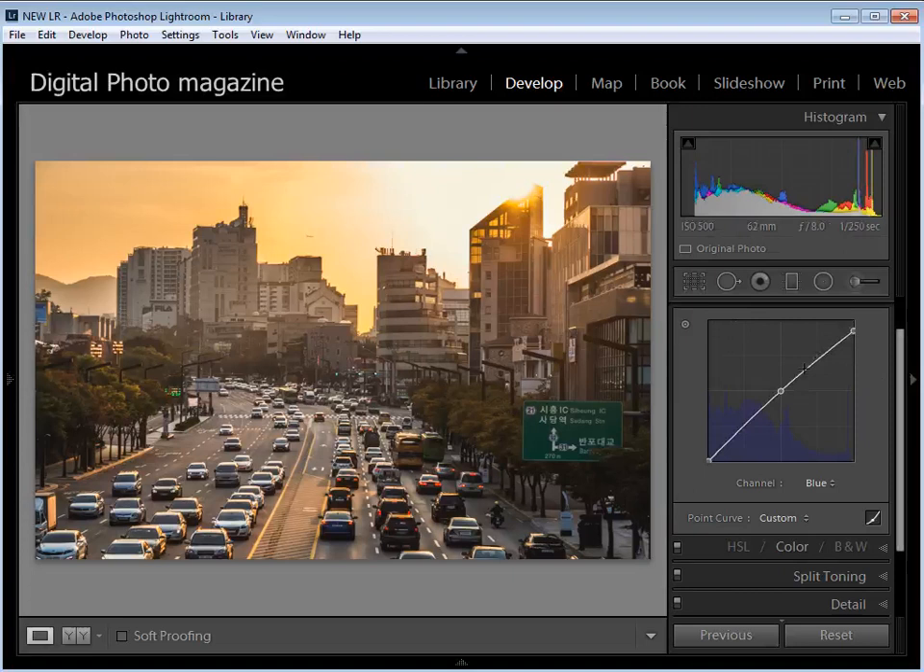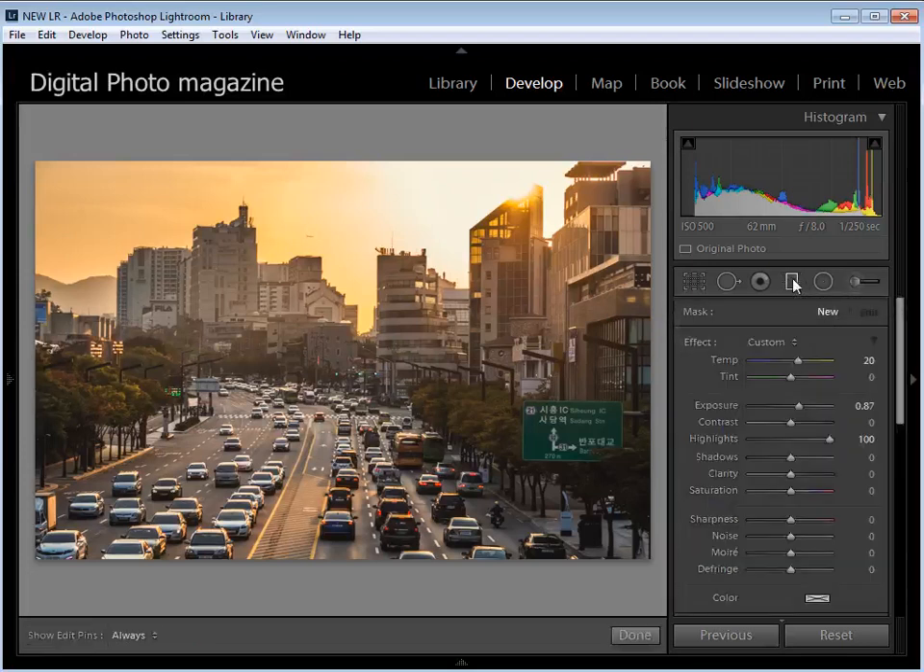I'd like to enhance the appearance of the sky even further, and I can do that with the graduated filter. You can select it from the toolbar here or press M on the keyboard for a shortcut. Once you click it open, you get these sliders here. You'll notice that some of these are in different positions. To set them all back to the default 0 position, just simply double click on Effect and they'll all go back